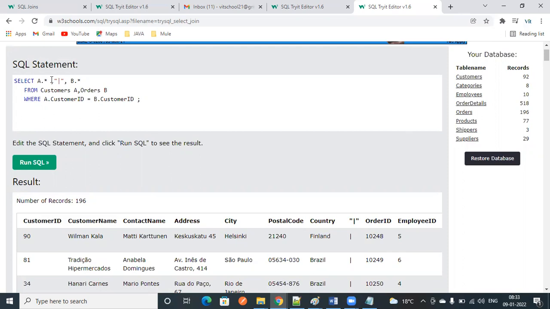In that case, you can write it in a single line also: A dot customer name and B dot order ID.